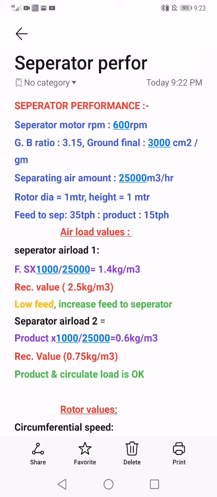Today I am going to teach separator performance. So in this separator performance, we are taking here